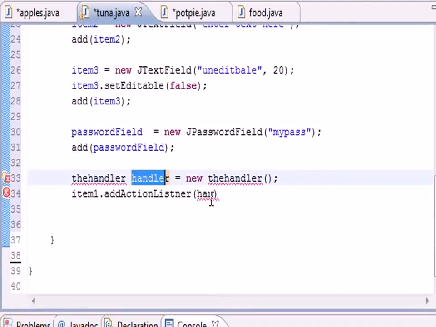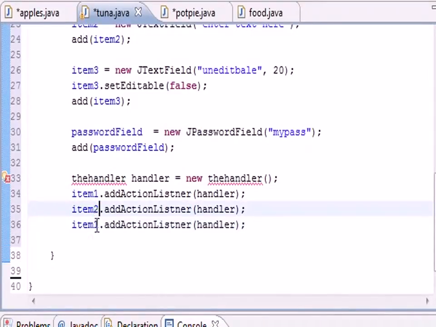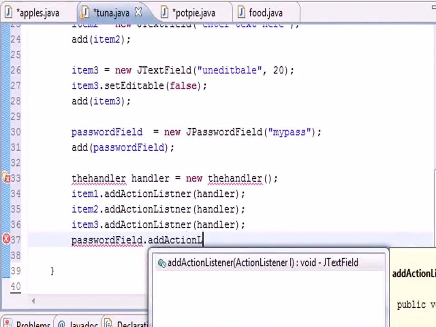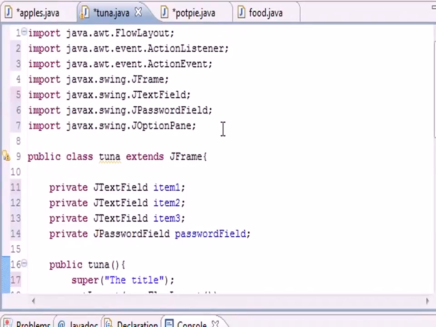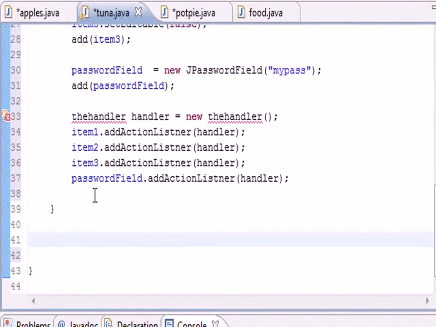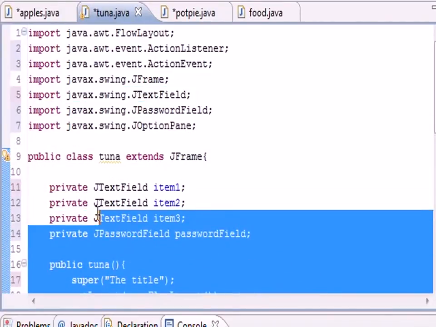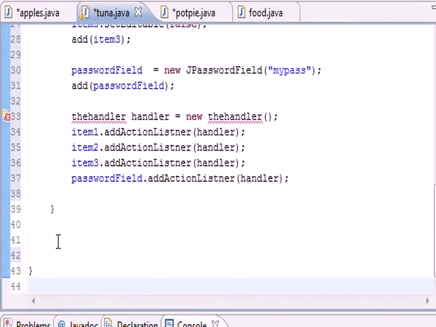So what we want to say is, alright, text boxes, listen for something to happen, and when that happens, we want you to execute a bunch of code. So the first thing that we're going to need to do is build another class to execute the code. But I'm going to build an object for this class before I even build the class. So the class name is going to be the handler, and we're going to get some errors right here, but that's fine. And I'm just going to name my object handler, and this is going to be equals new handler